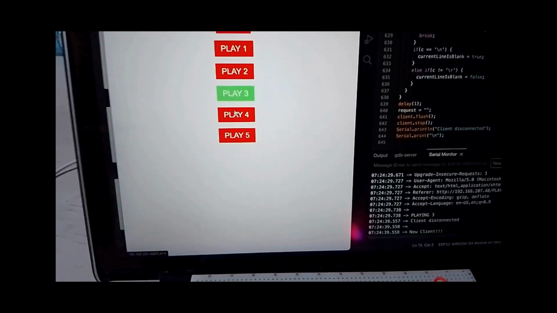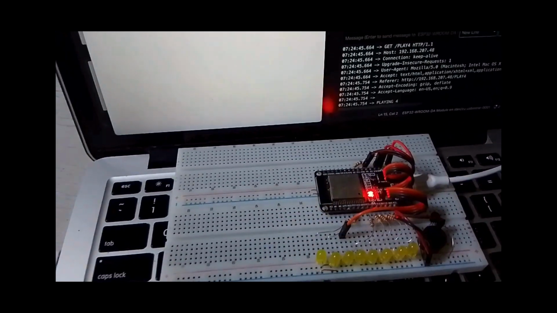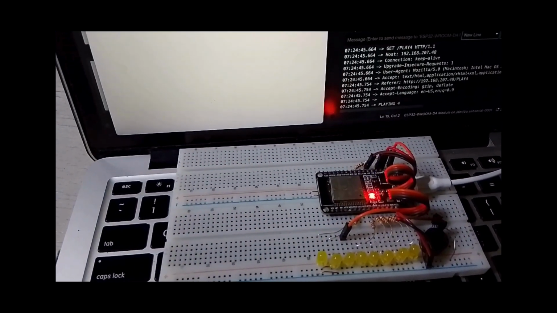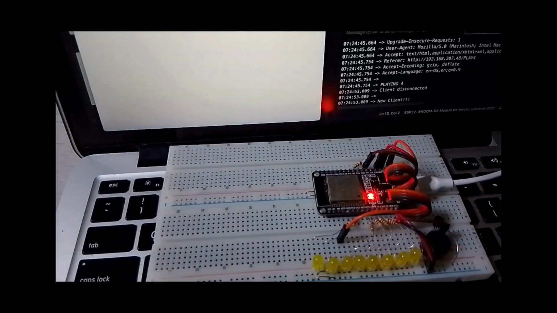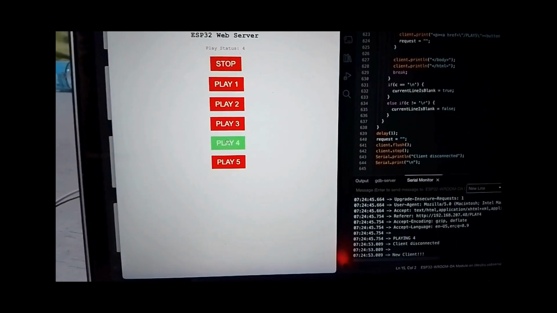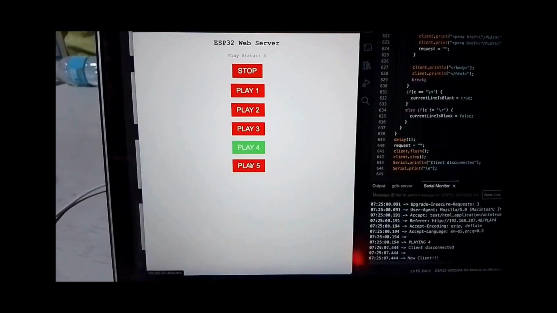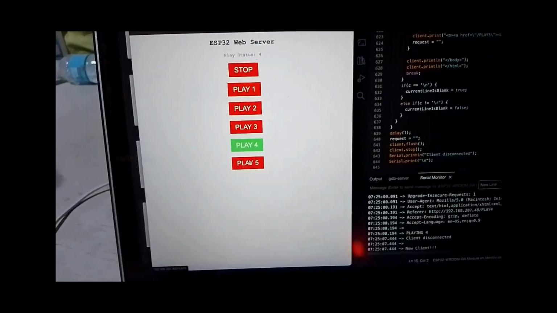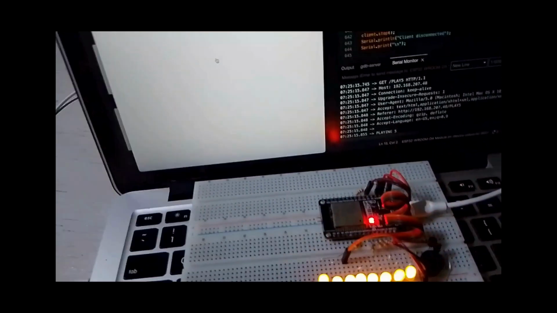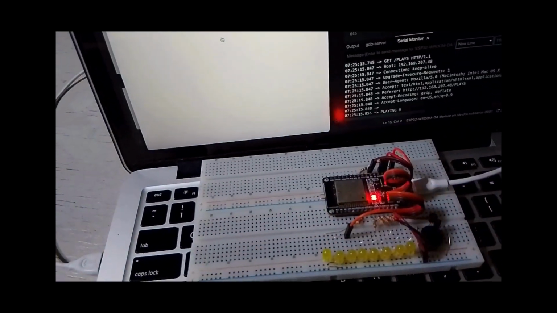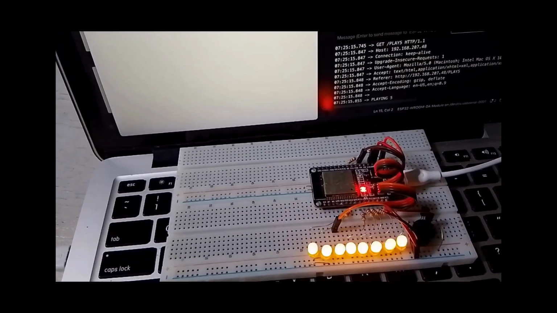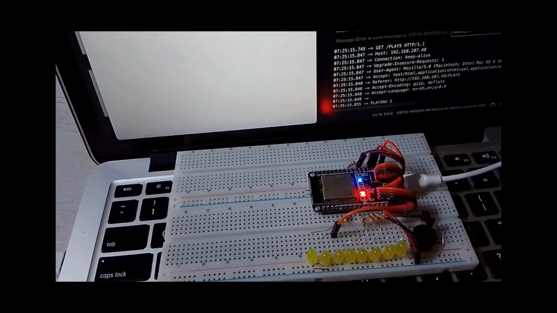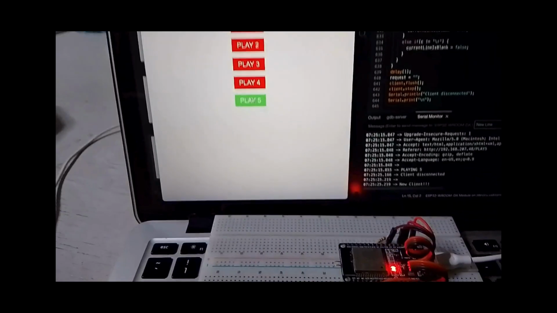The fourth option. And finally, the last option, play 5. Okay, let's try it again.